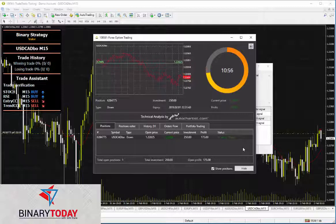Now, the members area has a video that shows you how to utilize the Trade Assistant, but basically this can be used to verify signals that come in. If you are on a losing streak or you just want to be very cautious, then you can verify the trade with the trade assistant before you place it. And what you can do is essentially look at this section, and if you get a trade that tells you the market is going down, then you would want more arrows on the trade assistant to be pointing down as well. This isn't something that you have to use, and it's not something that I rely on personally,